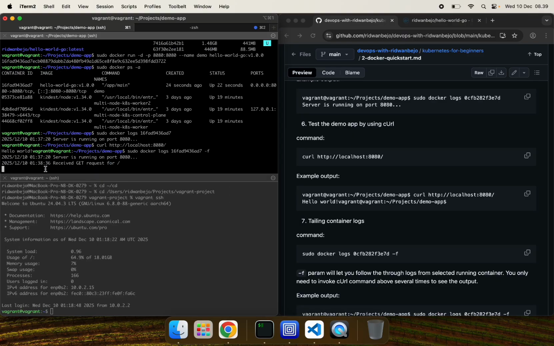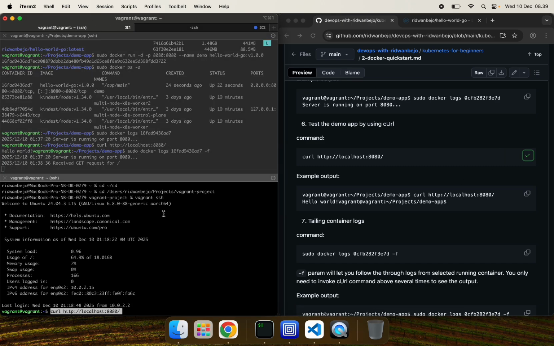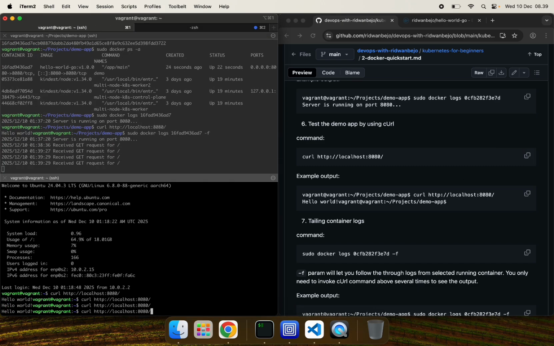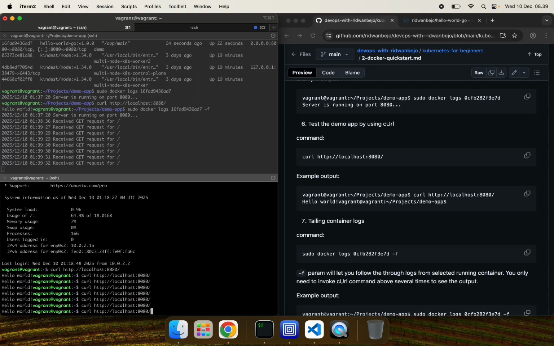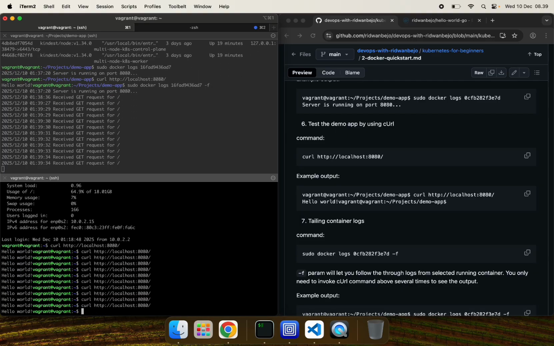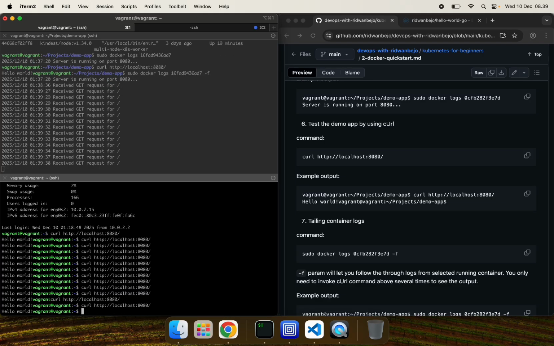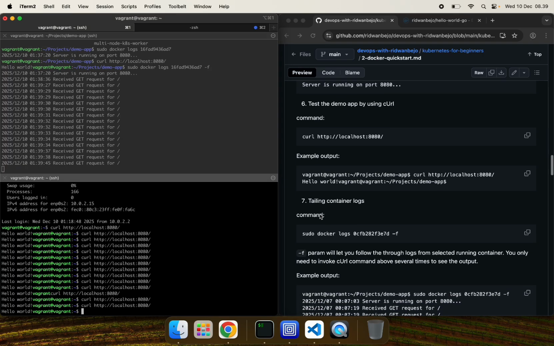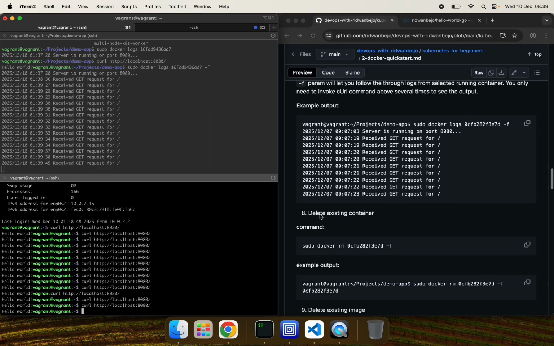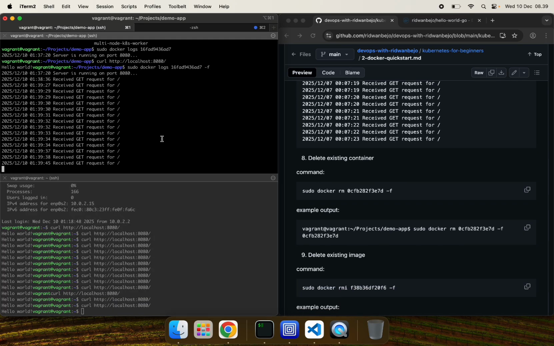We already see two lines: the service is running on port 8080 and received a GET request on /. Now we only need to make multiple requests. If you see on the screen, when we create continuous requests, the server outputs that it has already handled the requests. So it's really working. Okay, let's stop the logging.